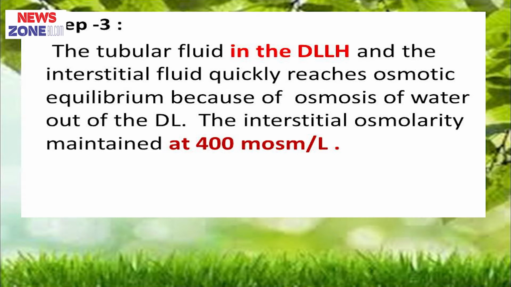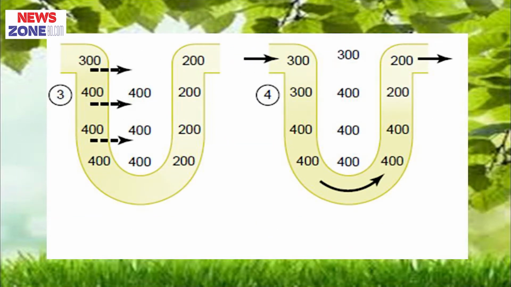because the solute is coming out from the ascending limb and is trapped in the interstitium. Now the new fluid that is coming from the proximal convoluted tubule to the descending limb was 300, but we know this segment is permeable to water and less permeable to solute. So it tries to make equilibrium with the interstitium. Water comes out from the descending limb to make equilibrium with the interstitium. Then it becomes equal to 400 milliosmol per liter. As you see, the interstitial osmolarity is already produced above 400 milliosmol by the ascending limb.